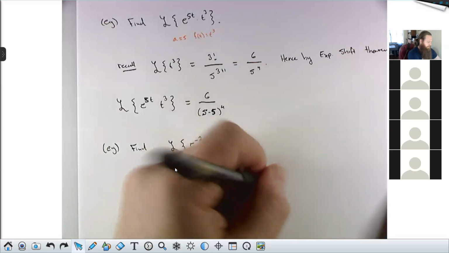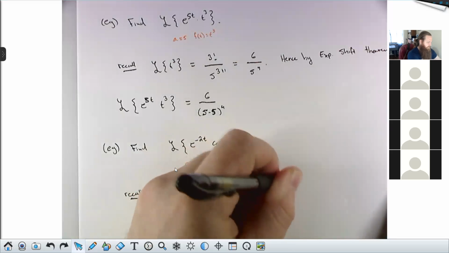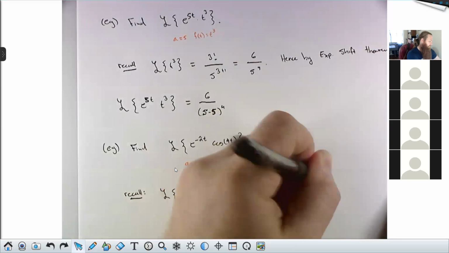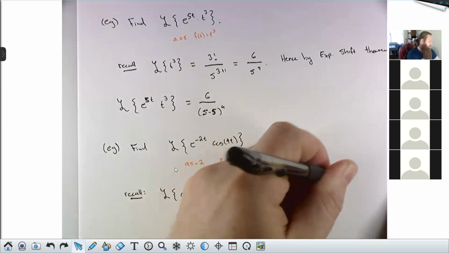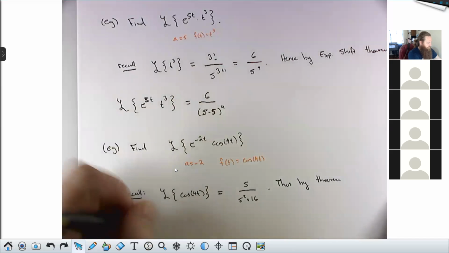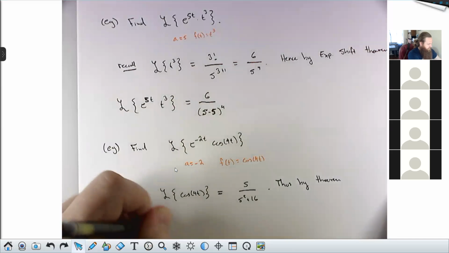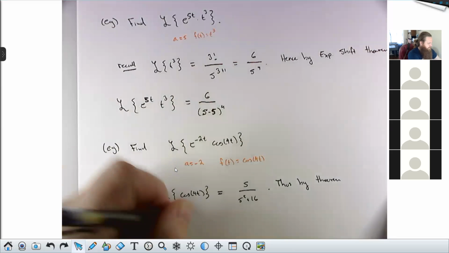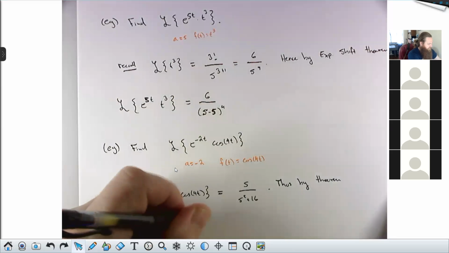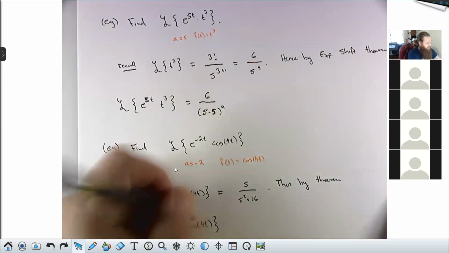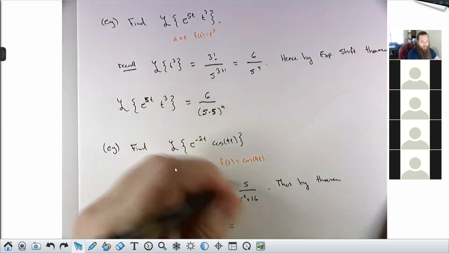Hence, therefore, thus, by the theorem, the Laplace transform of e to the negative 2t times the cosine of 4t is going to be this guy,